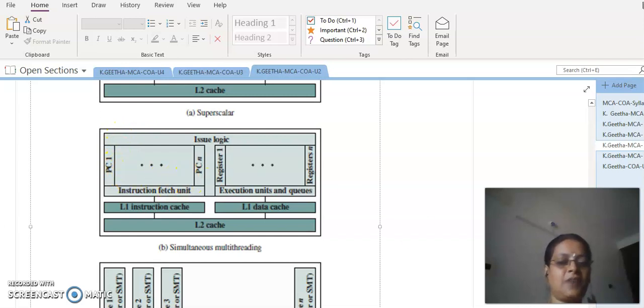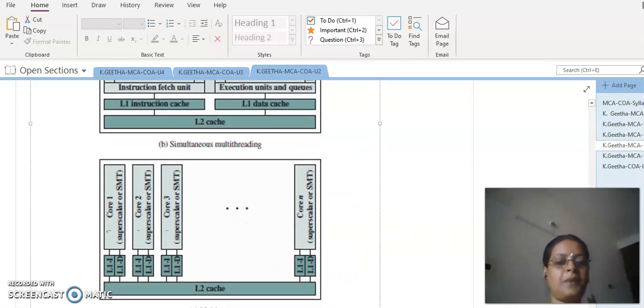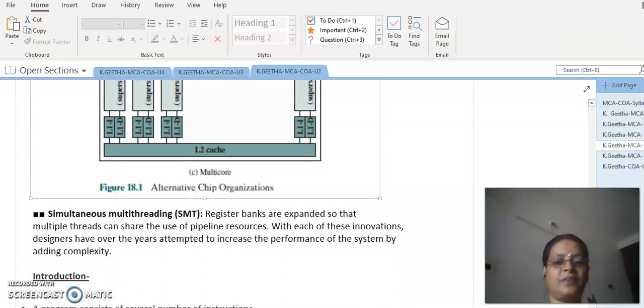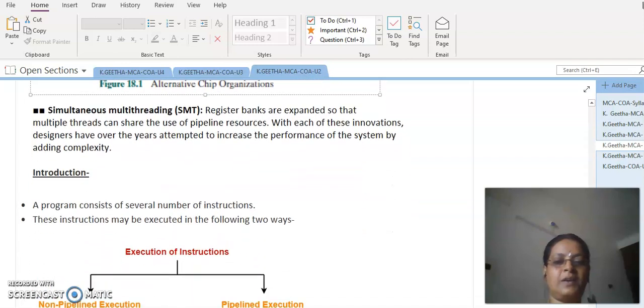And the next level of complexity is that we can have this setup, either the multi-threading setup or the previous concept, that is the superscalar structure, in a core. Like that, we have multiple cores arranged, and each core will be operated in parallel. So thereby we are able to improve the parallelism by these three levels of approaches. Now, in simultaneous multi-threading, as we said, we have many register banks, and each set of register banks will be ready with the data to be executed.